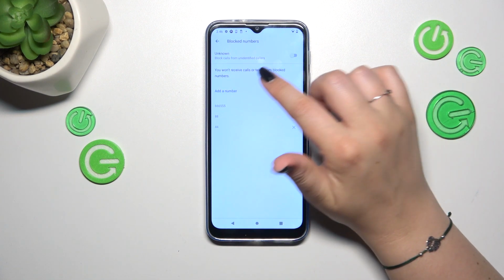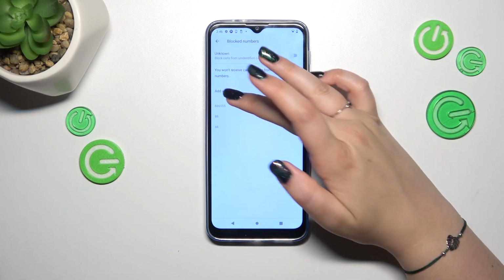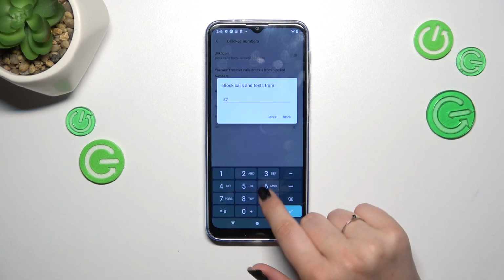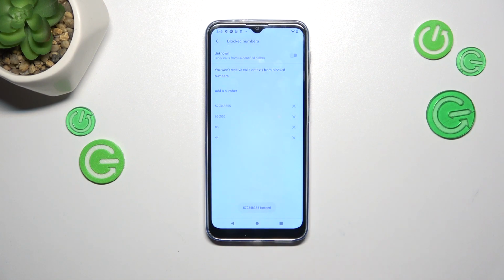Here we've got another option to block the number. Just tap on add a number here. And now you can freely enter the number manually, tap on block, and it will also immediately appear on the